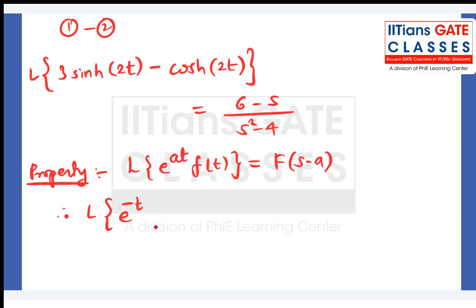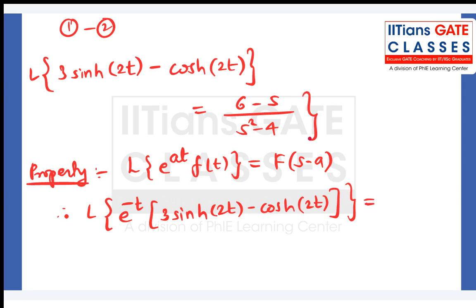So our f of t is 3 sine hyperbolic 2t minus cos hyperbolic 2t. Okay, so that means this is our F of s basically, and now that F of s will get shifted by minus 1 distance. So basically this will become s minus minus 1. So basically it will be F of s plus 1. Okay, so wherever you have s in the F of s formula, you are supposed to put s plus 1 there. Okay, so therefore it will become,